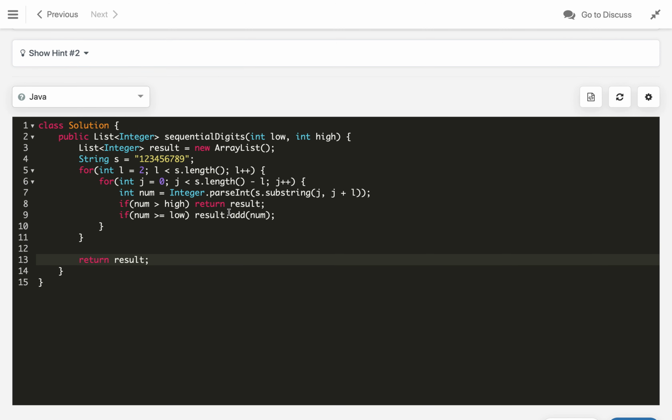It's because, if you see, we are running this loop 1 2 3. We can have the last one as well, like here we are not getting this 89 if L is 2, because the length of this string is 9 and 9 minus 2 is 7.